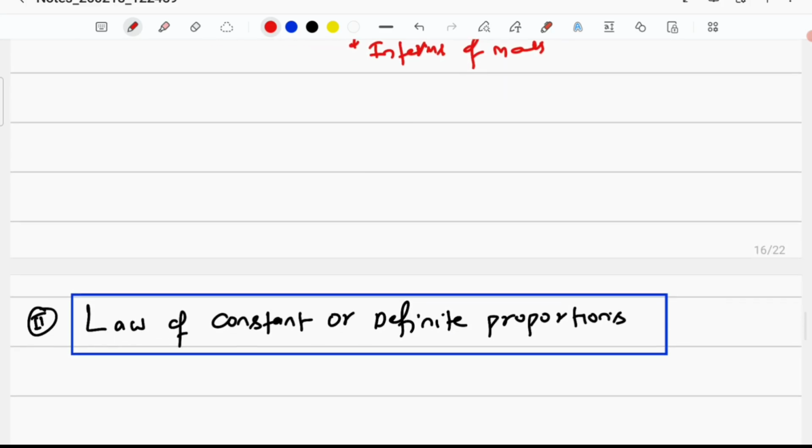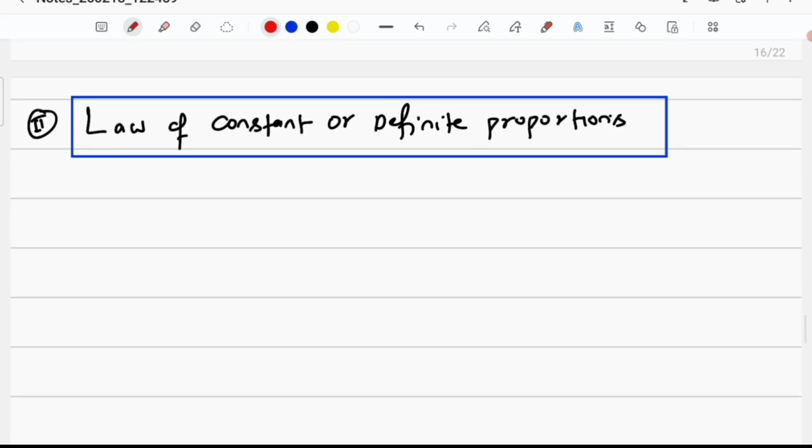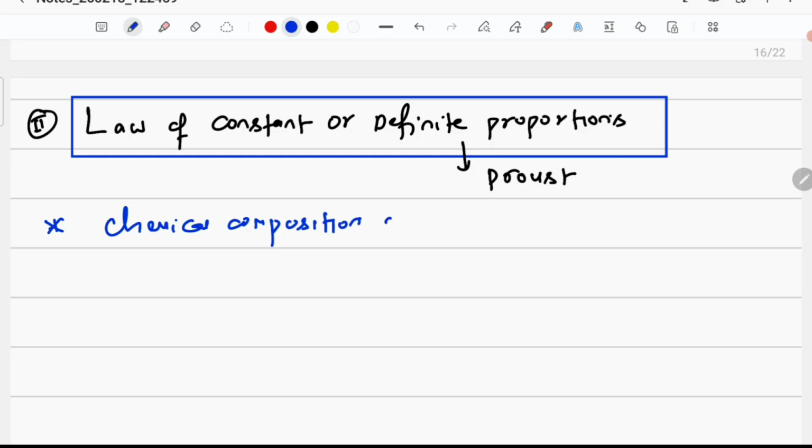Next, moving to the law of constant proportion or definite proportions. The law statement is given by Proust. First let us define the statement. The chemical composition of a compound remains constant